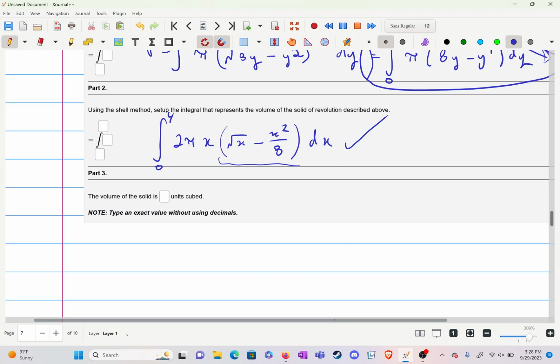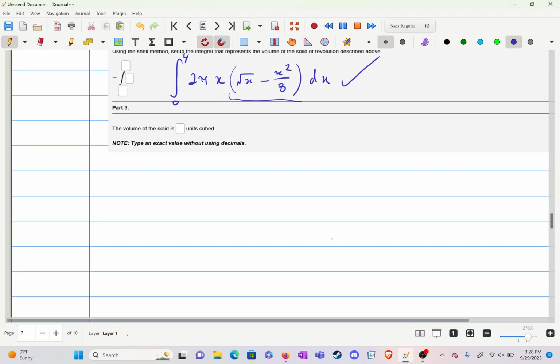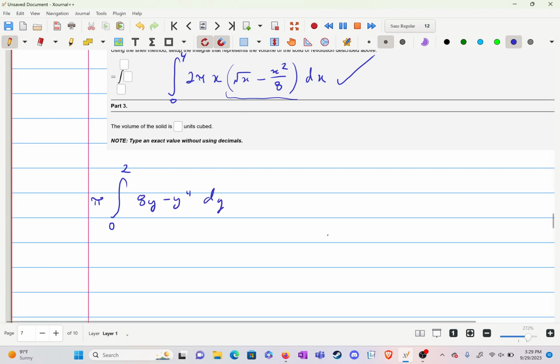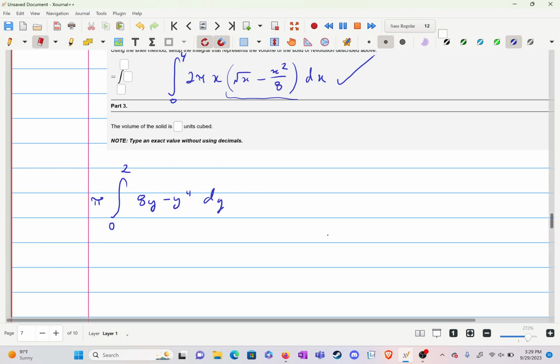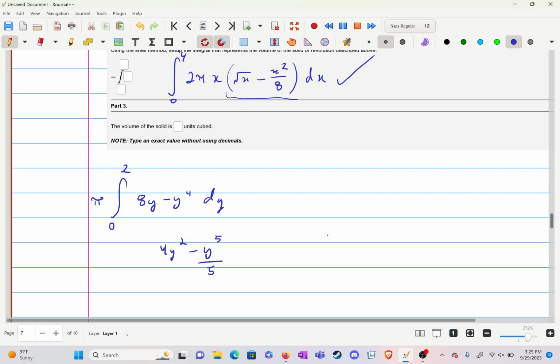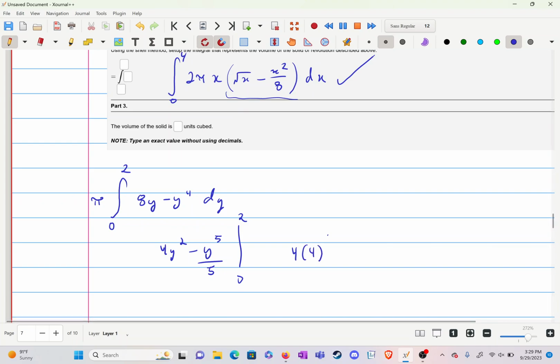And now let's solve our integral, the easiest one looking to be the washer method. So let's solve that. From 0 to 2, take that pi out. 8y minus y to the fourth dy. Well, that's just going to be 4y squared minus y to the 5 over 5, from 0 to 2. The zeros are going to cancel everything out, but we have the 4 times 2 squared, minus 2 to the 5th